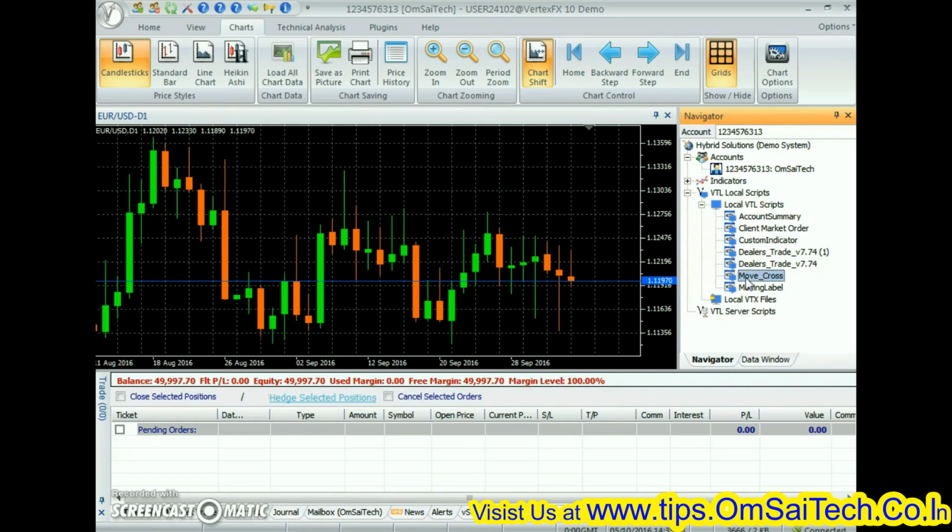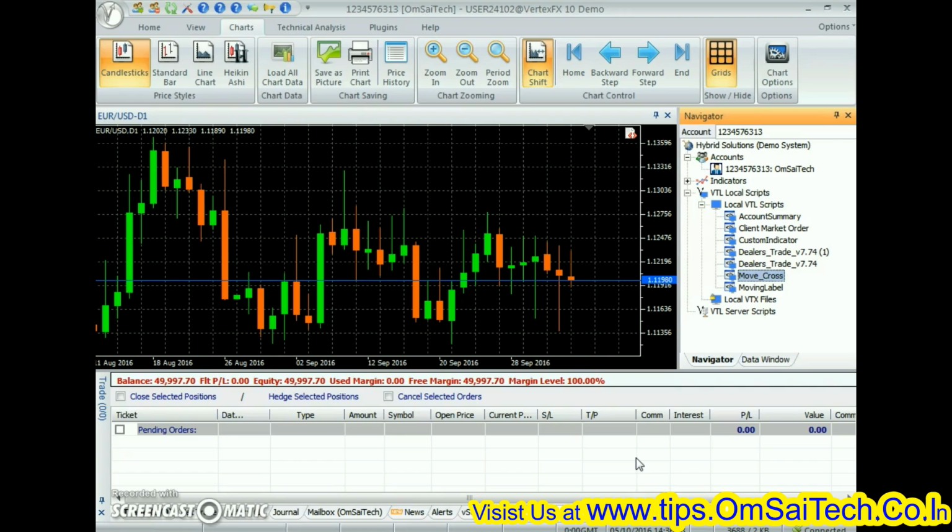The Move_Cross is a powerful VertexFx client-side expert advisor that identifies and trades in cyclical as well as trending markets. One of the advantages of this expert advisor is that it distinguishes both trending and cyclical markets and hence has a higher success rate. Since it knows when the market transitions from sideways to trending and vice versa and protects